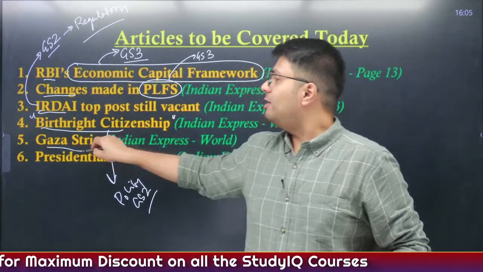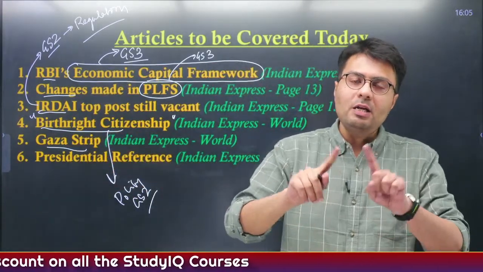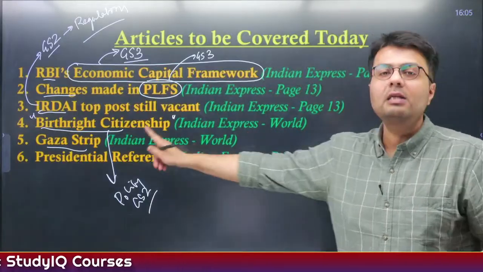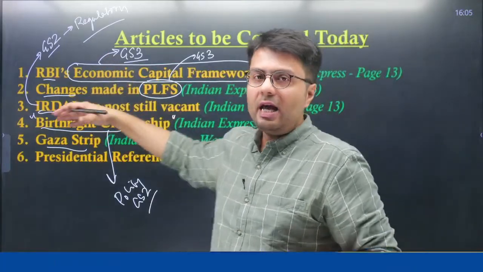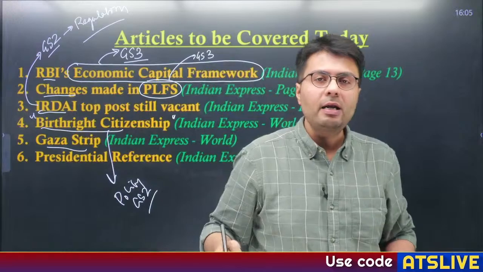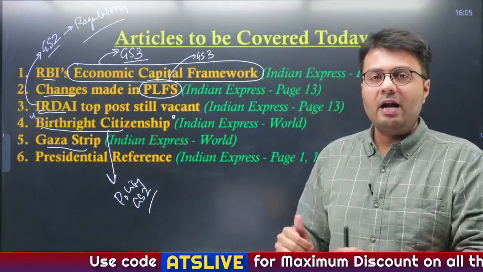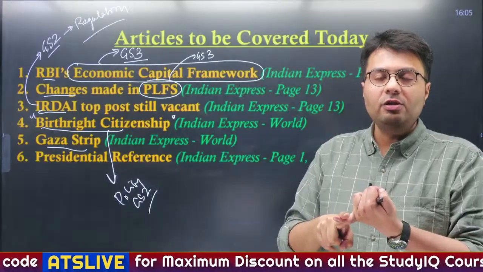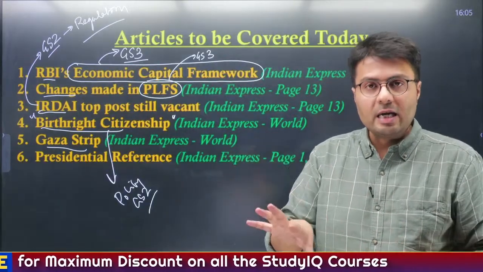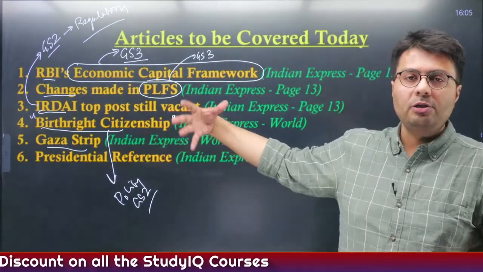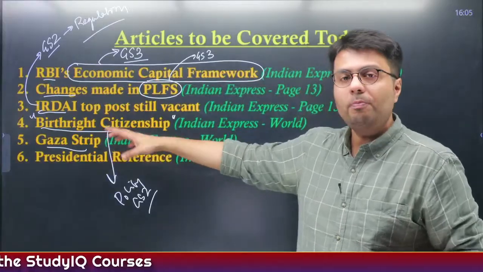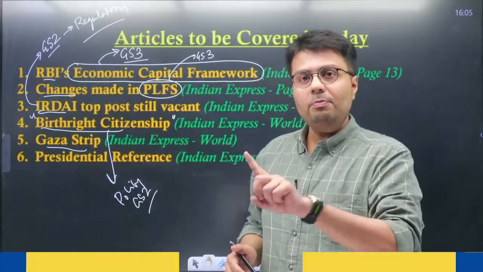In the fifth article, we'll be covering a place that has been in news for the past few years, that is Gaza Strip. We understand Israel and Hamas are engaged in a war, and Hamas used to rule the Palestinian territory of Gaza Strip. So we'll try to understand geographical, political features of Gaza Strip and why it is in news currently. Also, we'll try to solve a question that has appeared in prelims regarding this topic, and also we'll try to solve another practice question on the same.